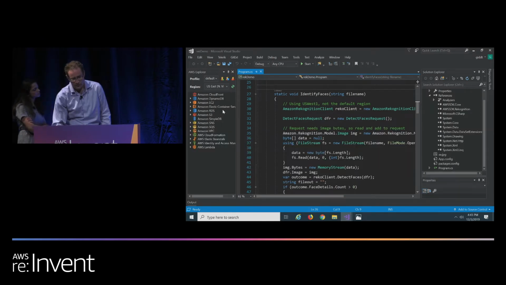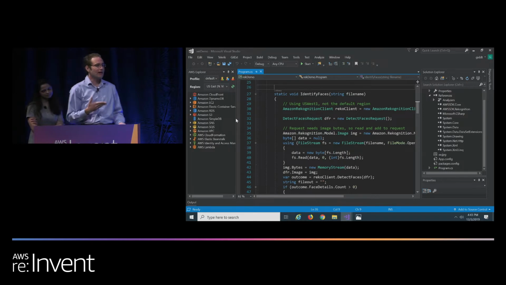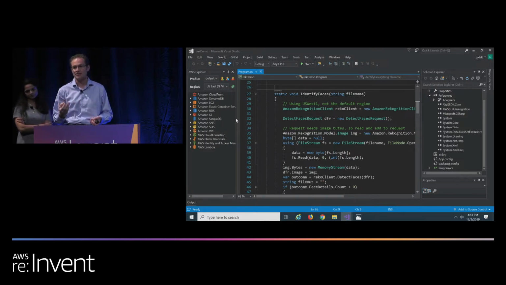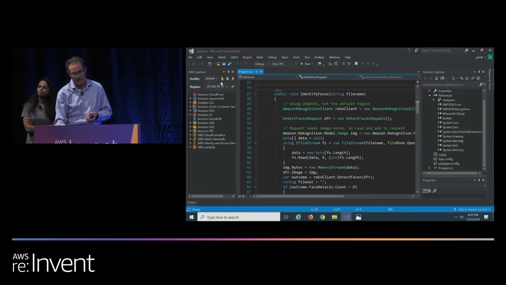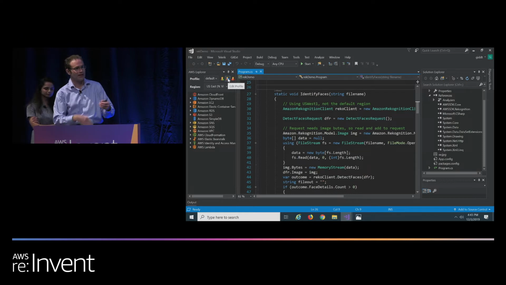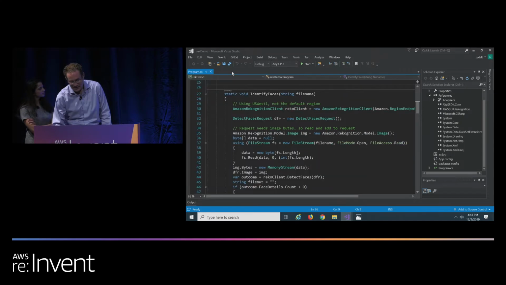So with this, you'll see the AWS Visual Studio Toolkit on the left. That gives me access to the most common AWS services, so I don't have to log into the console to access those. It also gives me an IAM role and a profile, so I can use this without having to embed access keys, secret access keys. And you'll see how easy it is. So in here, here's my NuGet package for Rekognition. So I have AWS SDK.Core and AWS SDK.Rekognition.